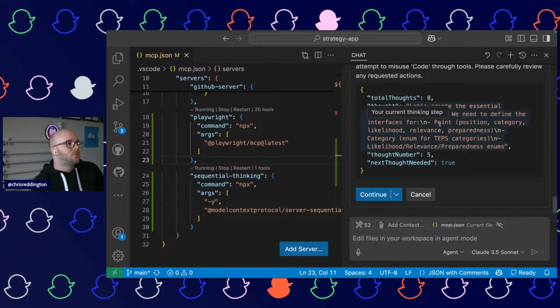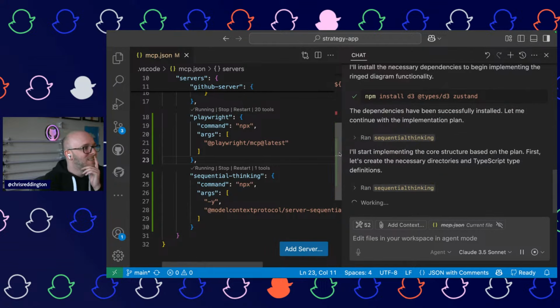Let's create the essential TypeScript types. We need to define the interfaces for points. Category and enum based on whether it's political, economic, logical, or social. Yeah. Hey, nice. Like that.